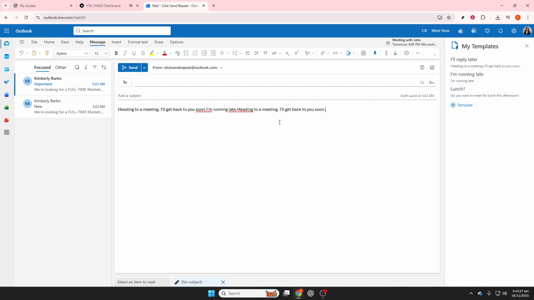A handy pro tip: you aren't locked into the templates you create. If there's ever a need to edit or delete a template, you can do so anytime right from the